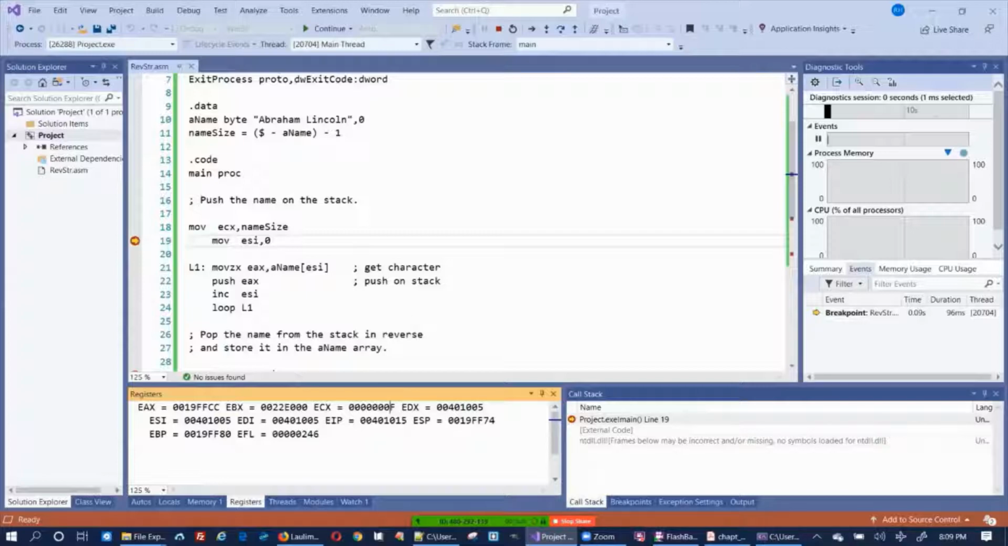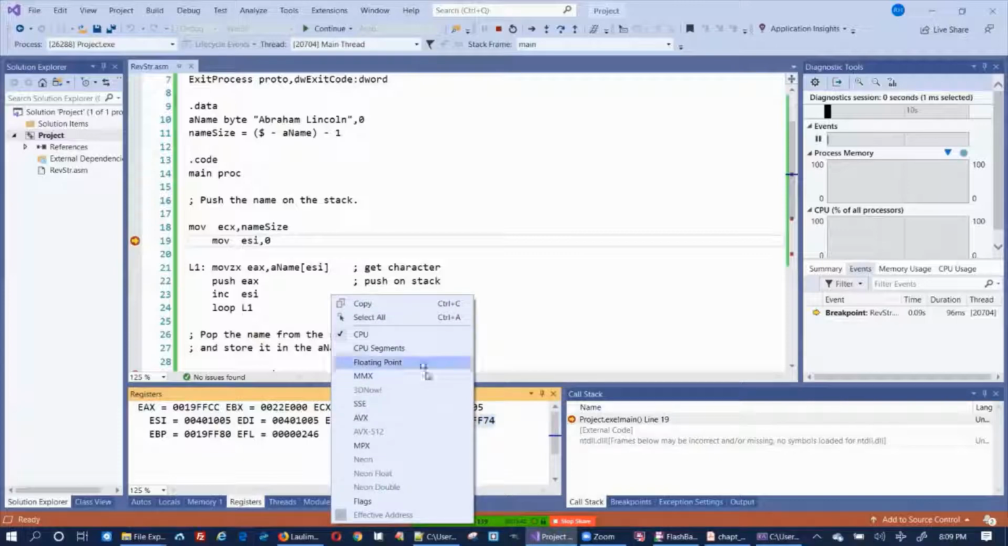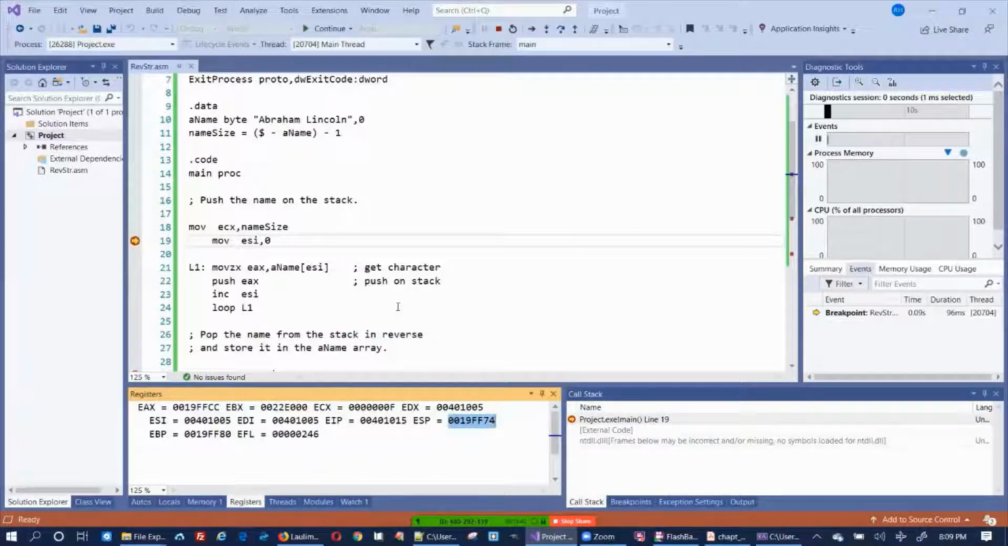Let's see what the stack pointer is. The stack pointer is this. All right, I'm going to copy this. The stack is going to grow down, right? So I'm going to copy this and pull up another memory,